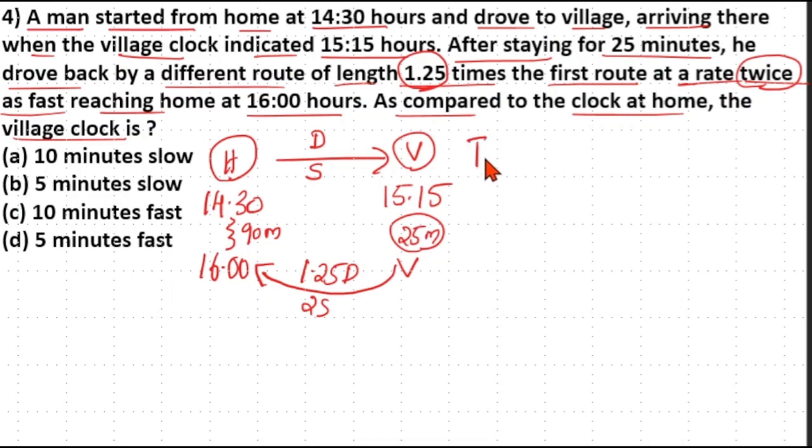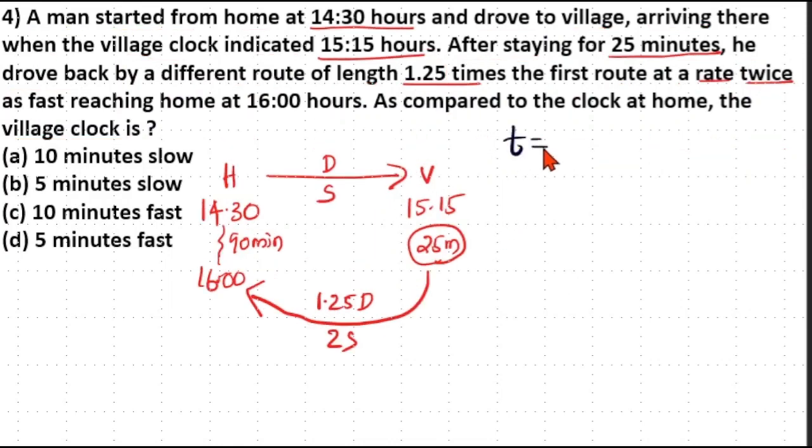So the total traveling time T1 plus T2, that is the time taken for the first route plus the time taken for the second route, is equal to 90 minus 25, because he took 25 minutes in the village. So that is equal to 65 minutes. Now time is distance by speed, that is, time is directly proportional to distance and time is inversely proportional to